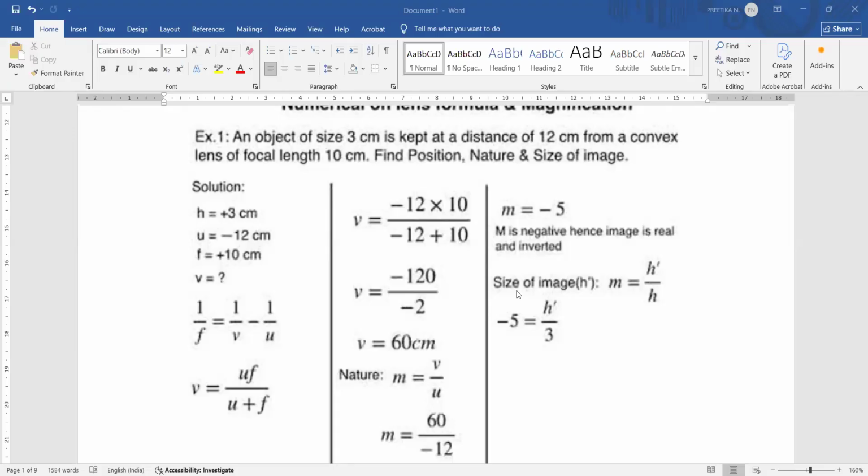They have just taken out the LCM before even putting in the values. So you don't need to follow that. You simply put down the values. Focal length की जगह 10 डाल दो, U की जगह -12 डाल दो, and then naturally do your mathematics part. You'll get the answer as 60 centimeters. Okay. All right. You can just try it, and in case you are not getting the answer, I'm here.